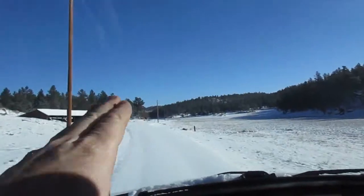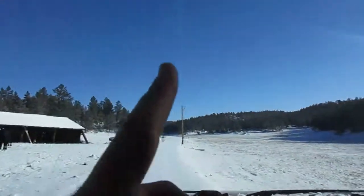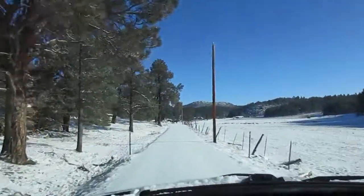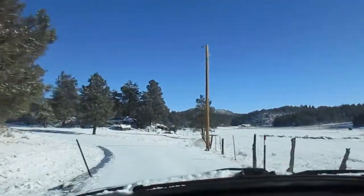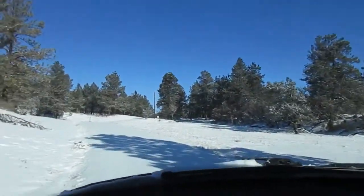Terrain's real gentle and stuff. I like that too. Nice tall ponderosa pines. Got power going along here. Okay, so we're just going along. We're about 2 miles now from the wildlife sign where we took a right, and then we're gonna go here,